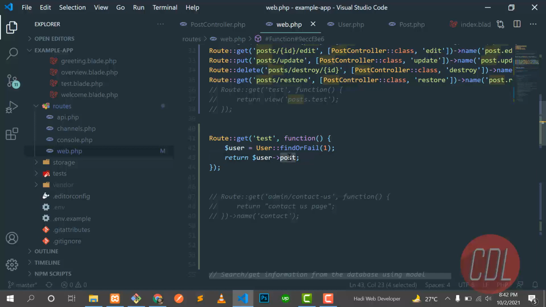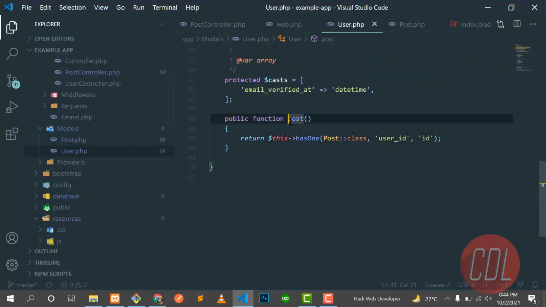Before ending this video, first understand one more thing. Go to the user model where we defined our relationship. This is the post relationship, and we defined a foreign key and a local key here. If you are following the Laravel convention, like injecting the user id here, where the first part is the name of the model and then id, you don't need to define the foreign key here.